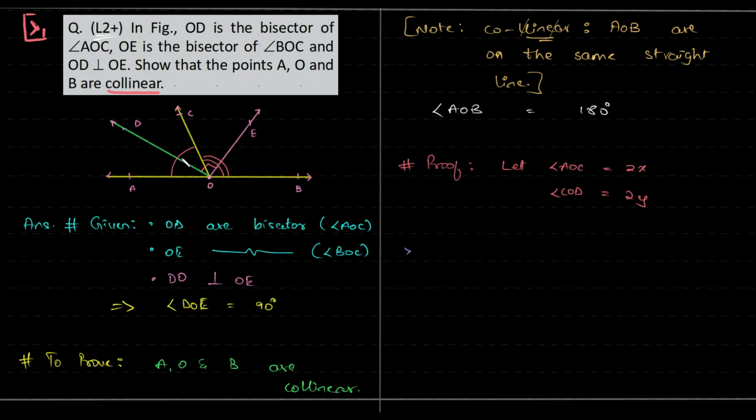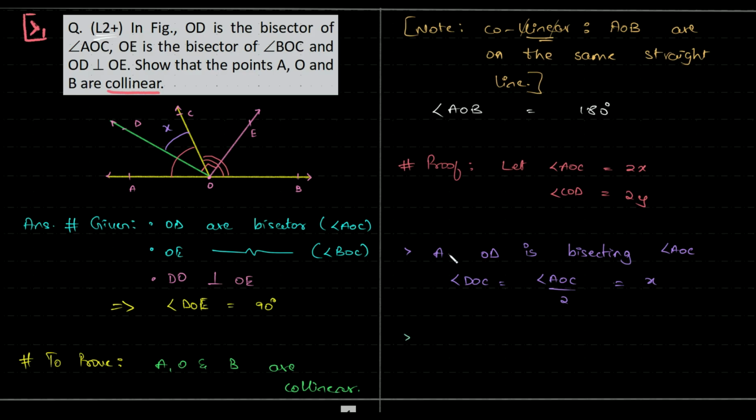Since OD is bisecting angle AOC, what can we tell? Angle DOC will be half of AOC. So we can write it as 2x by 2, that is x. So basically we are telling this particular angle is x. Okay. And next is similarly,